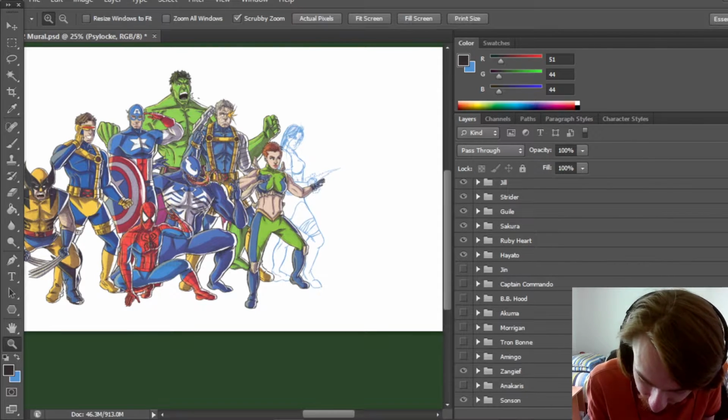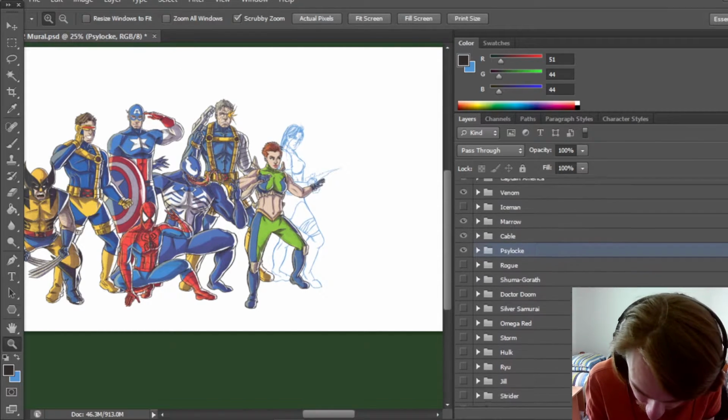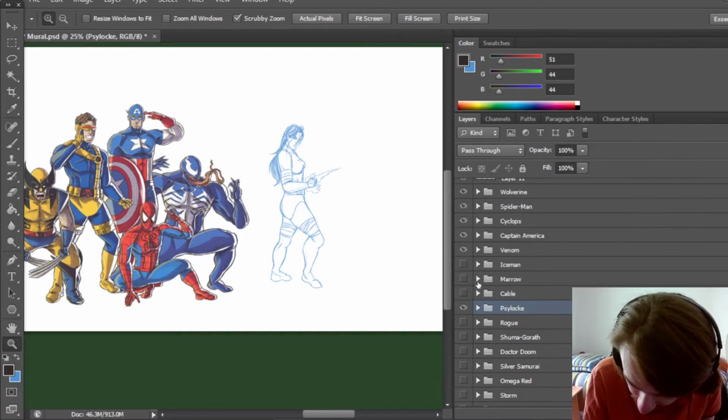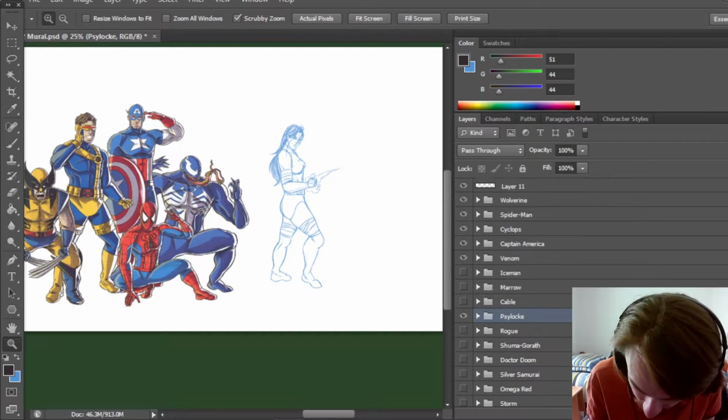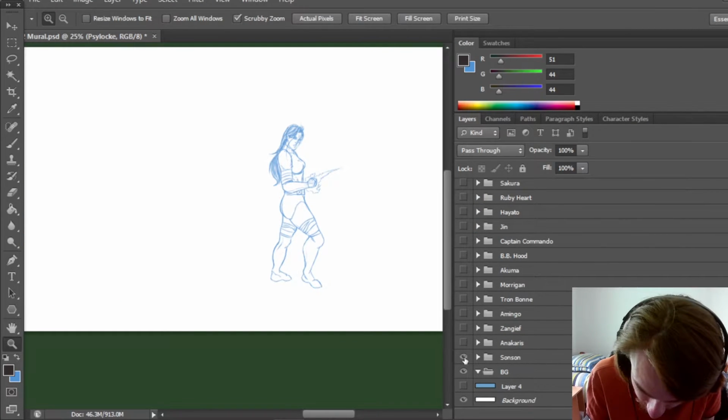Now, so Psylocke, I don't anticipate taking very long today, primarily because there's actually very little of her on show, which, you know, I may as well just remove the Capcom characters. We don't need those right now. There's actually surprisingly little of Psylocke on show, because it's a side pose, so I probably don't have to worry about that taking up too much space.